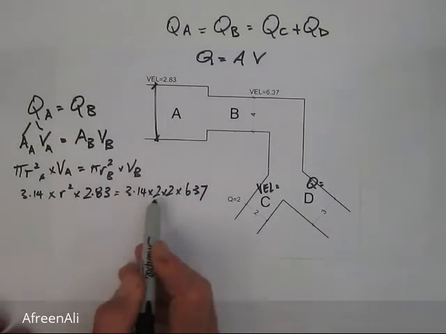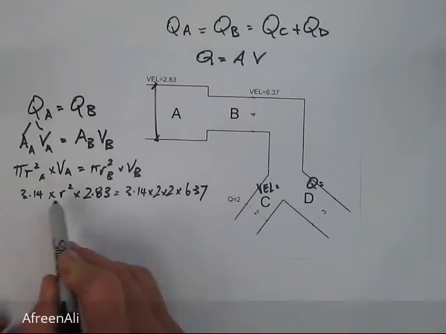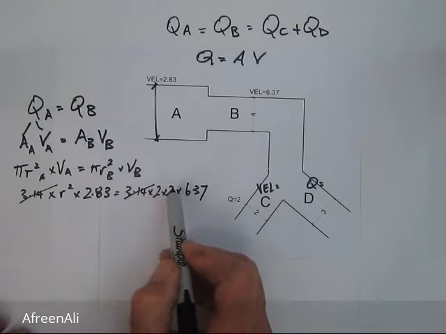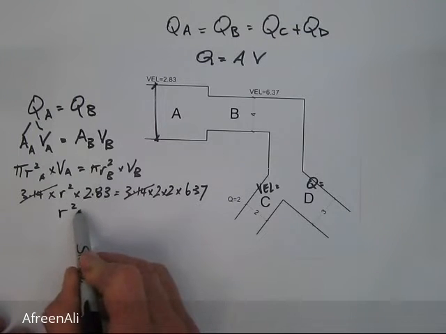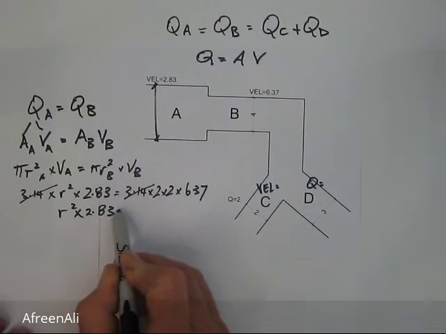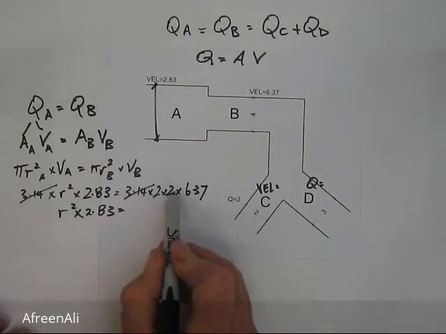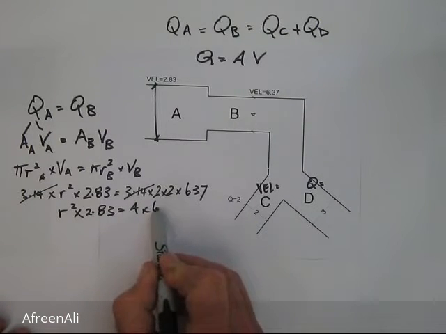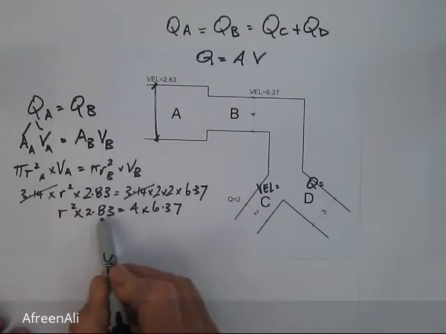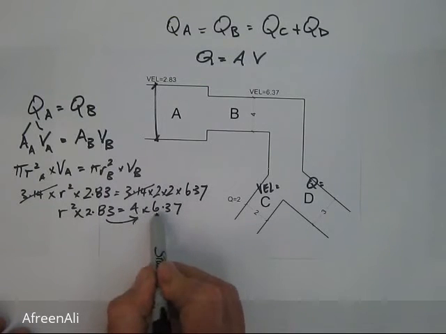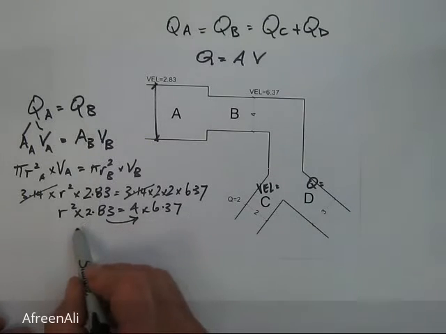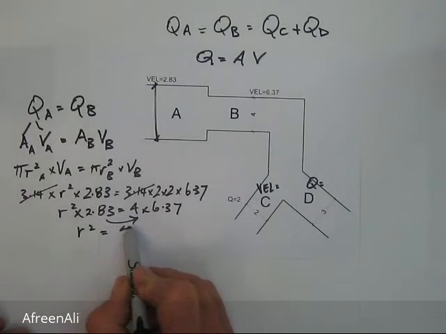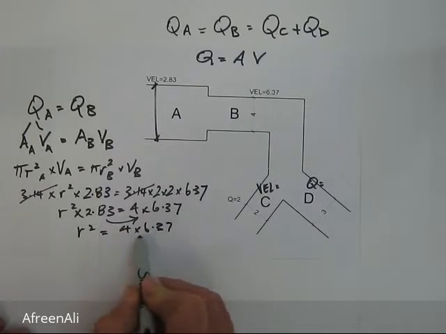But what I can see we can do is we've got 3.14 on both sides, so we can just cancel those straight out. And then we're left with r squared times 2.83 equals 4, 2 times 2, 4 times 6.37. So I'm going to transpose by taking the 2.83 and putting it underneath that equation. Multiply becomes divide, so that becomes r squared equals 4 times 6.37 divided by